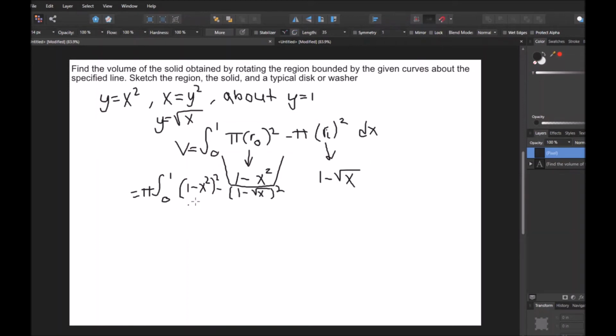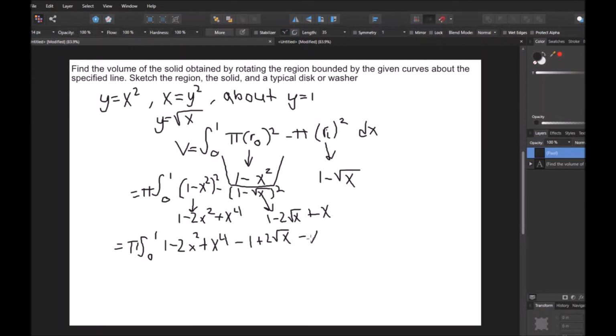Now when we go to do this, 1 minus x squared squared is going to be 1 minus 2x squared plus x to the fourth. And this 1 minus square root of x squared is going to be 1 minus 2 root x plus x. Which means we're going to get pi times the integral from 0 to 1 of 1 minus 2x squared plus x to the fourth. And then I can go ahead and distribute this minus sign to all the terms here. So I get minus 1 plus 2 root x minus x. So this 1 and negative 1 cancel out, and we're left with